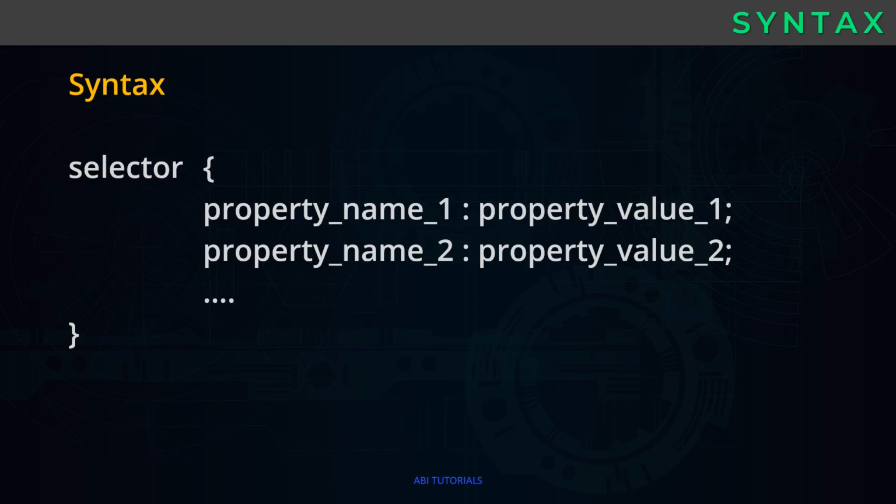The generic syntax of CSS is as given here. Any piece of CSS code starts with a selector. Following the selector is a curly bracket which encloses a set of key-value pairs known as property names and values. Styling to the selected elements is applied using the property name and their corresponding values. Property names and values are separated by a colon in between them. A single key-value pair is separated from the next key-value pair using a semicolon. We can have any number of key-value pairs for the selector.